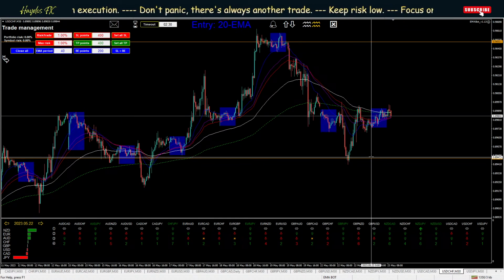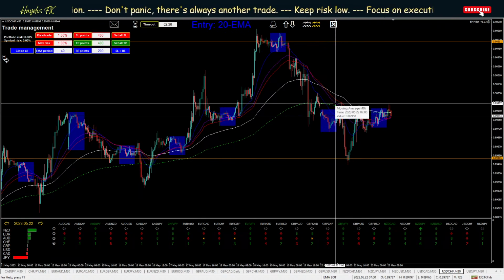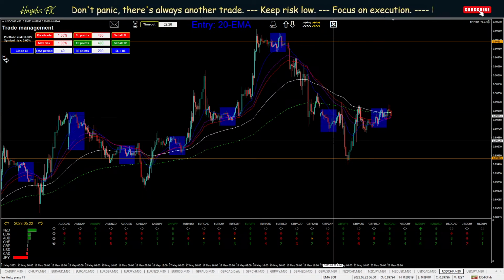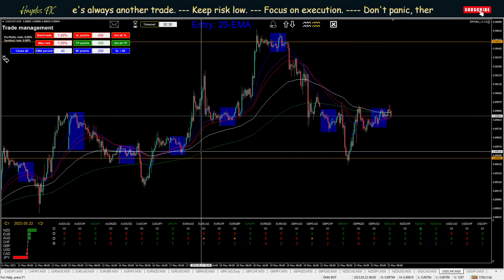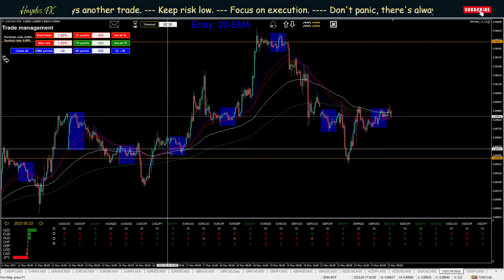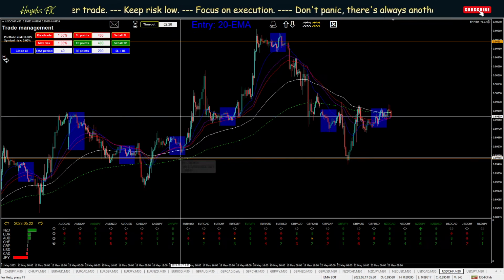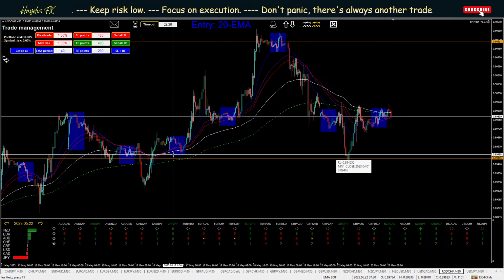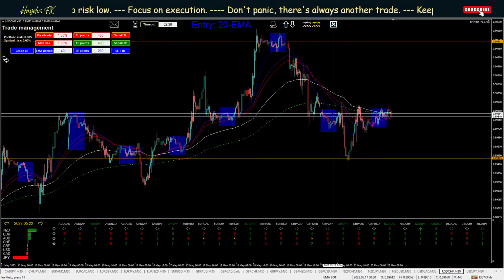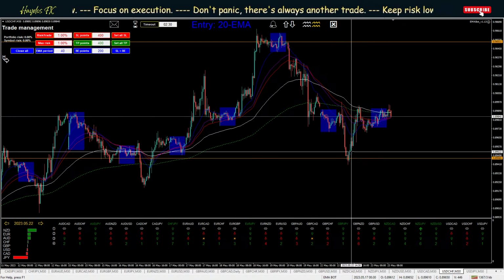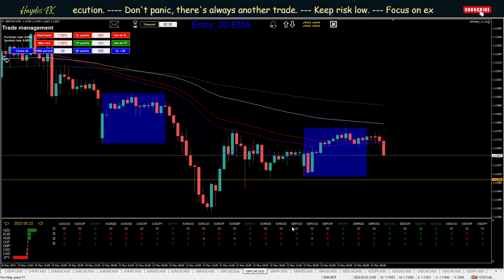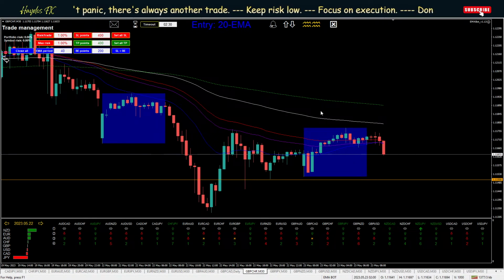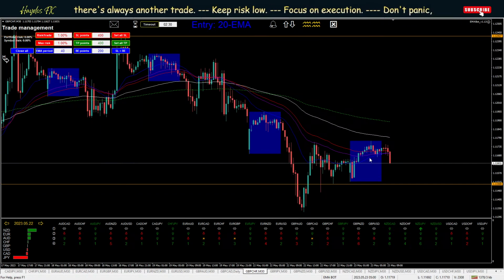Ideally, I'm not saying any EMA in particular is going to work better than another, because it doesn't work like that. But say I want to see a reaction from around this area, and from this area down here, then I would just make an EMA fit around that area that I want to trade from. For example, on Pound Swiss, I was choosing the 100 EMA in this one,